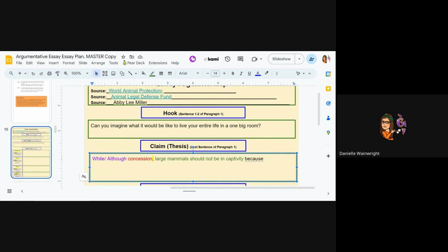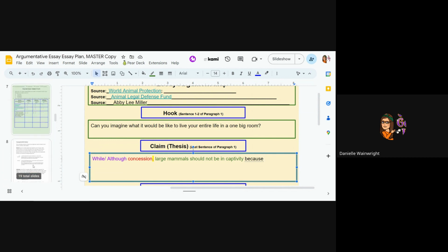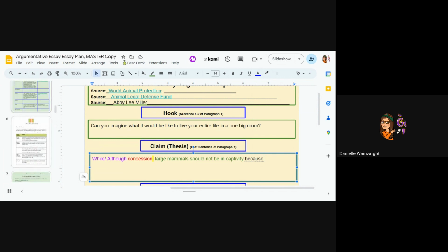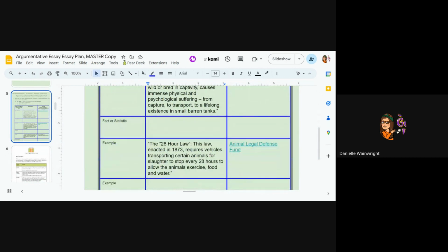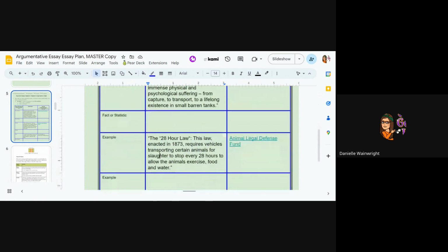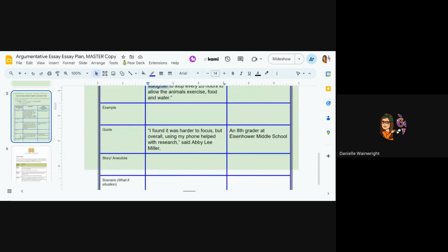So my first reason, let's look back up here. First reason is it causes psychological suffering. My second one is that I'm arguing that people do not err on the side of kindness to animals. And then this one's actually about cell phones because I'm just doing an example.